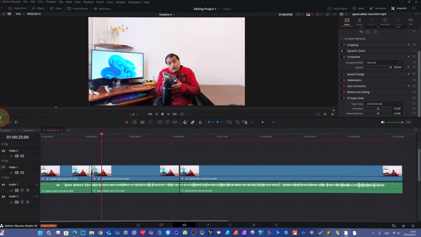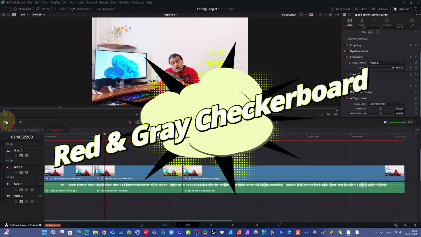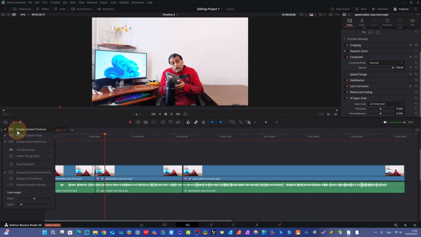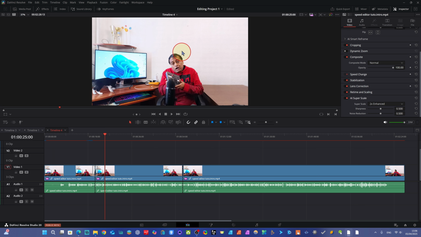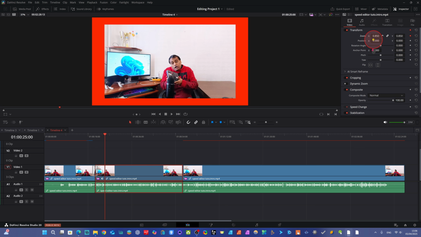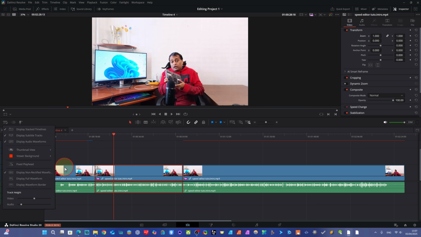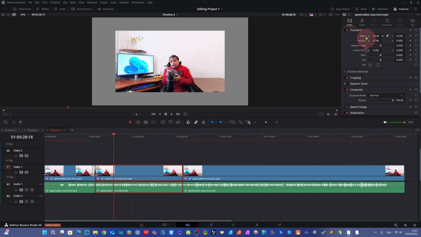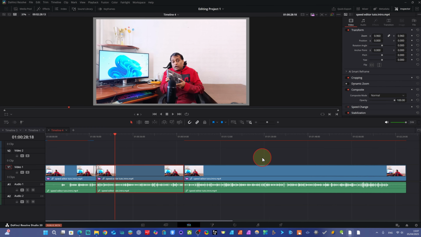There is another new feature added in our timeline. Here in the timeline you come to stack timeline. In a stack timeline you can see this checkerboard. Now we have, in edit, viewer background. Now we actually have a red and gray checkerboard. Dear friend, you can try alert red. Now we have red here. Just click here, and when you start keyframing, you can understand how it works. We have a red checkerboard here. We check for gray, and we have a gray checkerboard here. This is a new change in the timeline.